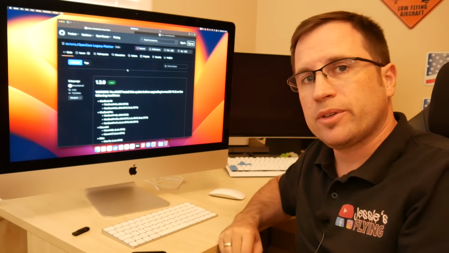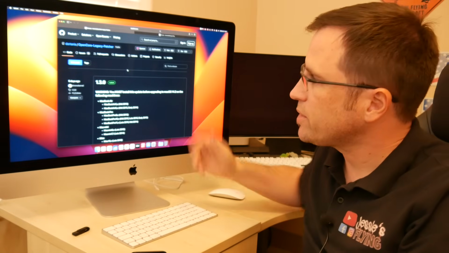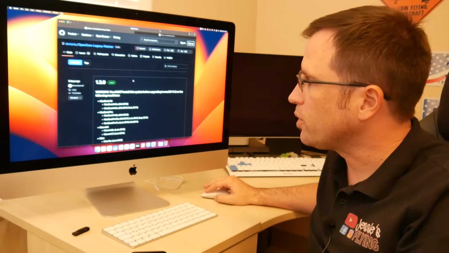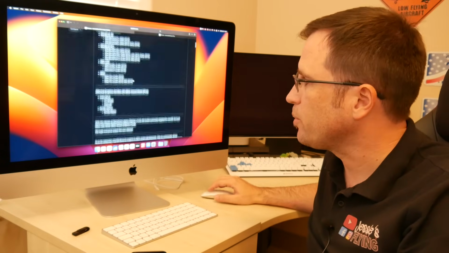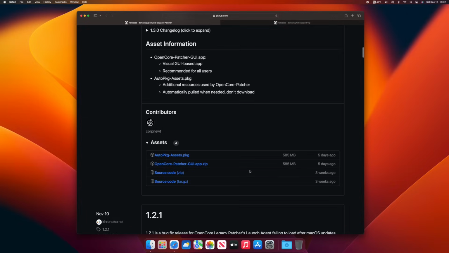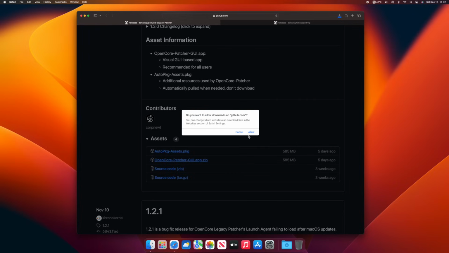The link down in the video description brings you directly to the releases page, and there you see all the releases of the OpenCore Legacy Patcher, and obviously we need release 1.3.0. When you scroll down, you find the changelog and everything. We just go to the assets and we download the OpenCore Patcher